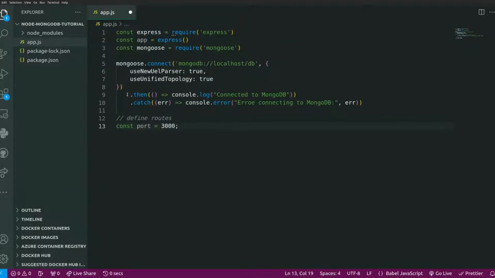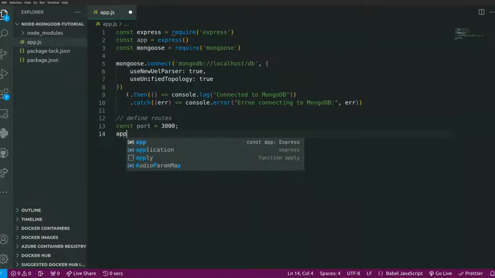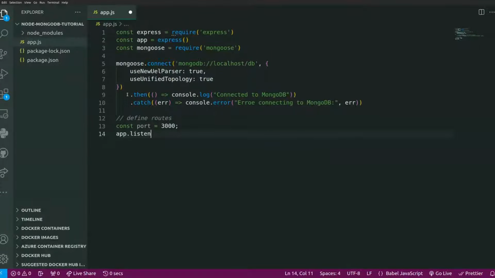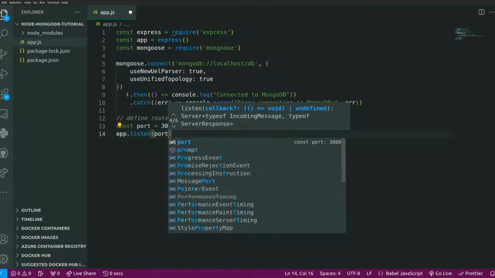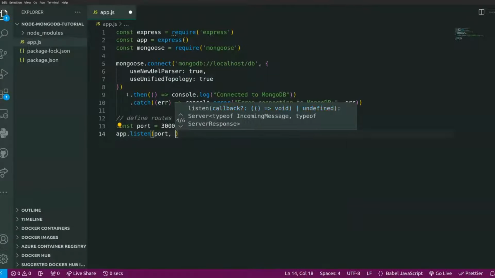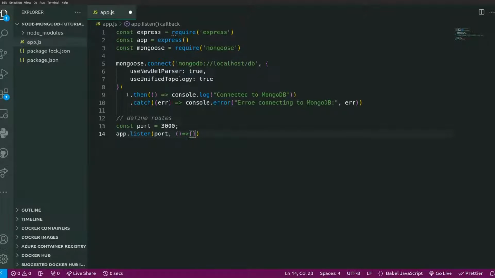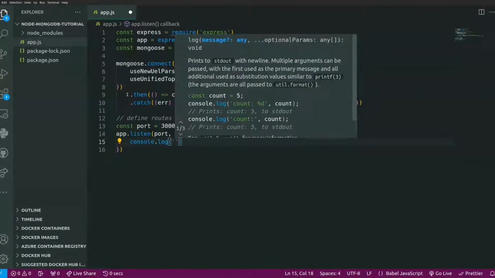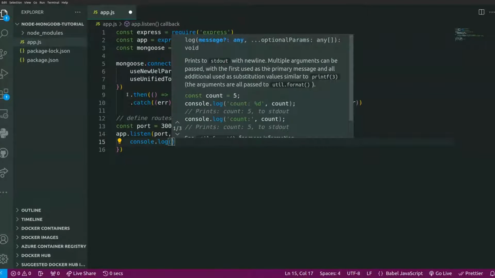Okay. And you're also going to listen to this port basically. So for that, just do app.listen, and you're going to listen to port 3000. And we're going to also have an arrow function here, and this arrow function is going to just log a statement to the console that says the server is running. So for that, again, you just do console.log, and you print out a statement here that says